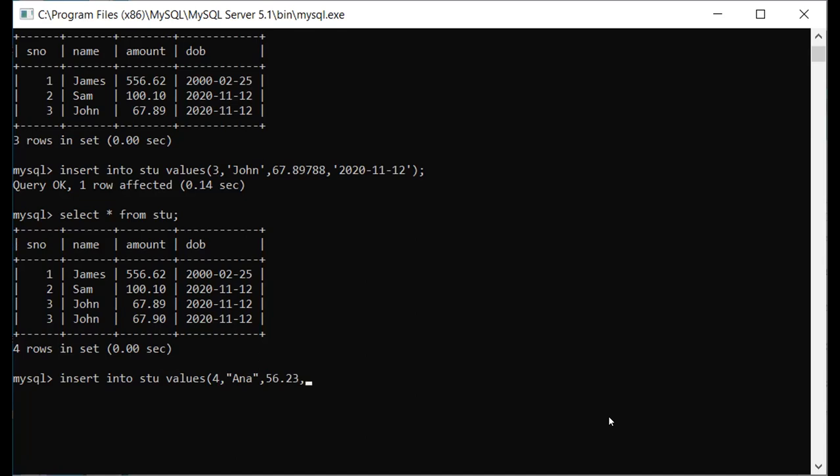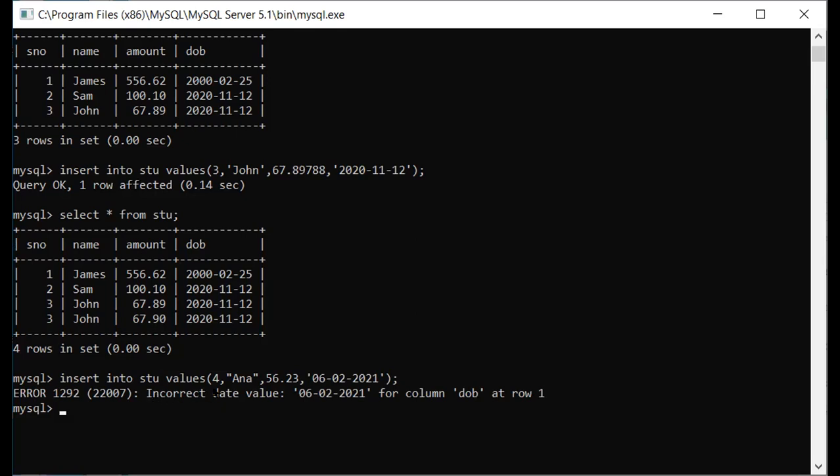As I said, the default type is first year, then month, then date. Now suppose we are giving something different. For example, in my system the date is 6 February 2021, so I wanted to give it in that format, 6/02/2021. This is how we used to write, right? If I give it like this, see, it is giving me the error.